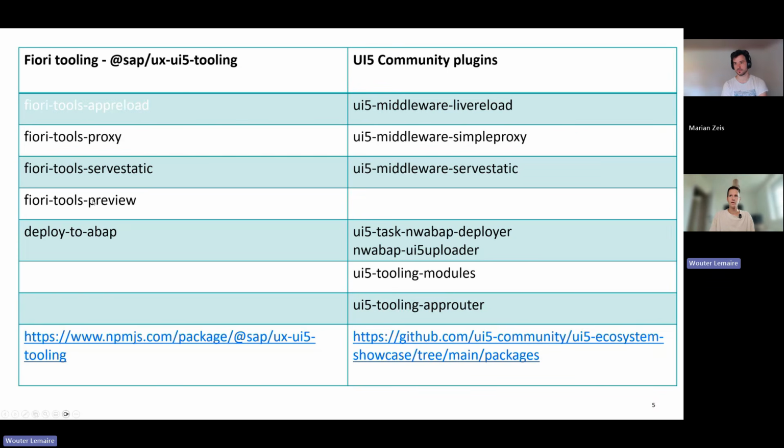We have Fiori tools preview, and therefore we do not have anything in the UI5 community, but we just use UI5 Serve, and it does the same thing. For deploying, there is deploy to ABAP. Although this is actually a different plugin, they integrated it into the Fiori tooling. We have also older packages, plugins, and NetWeaver ABAP deployer. But yeah, here I would suggest to always use deploy to ABAP because it's really very well integrated into